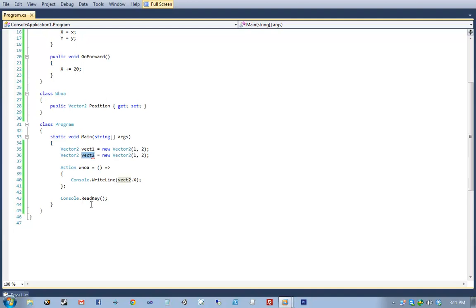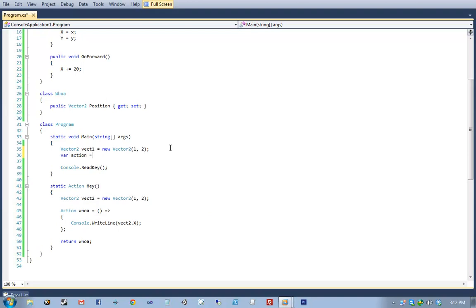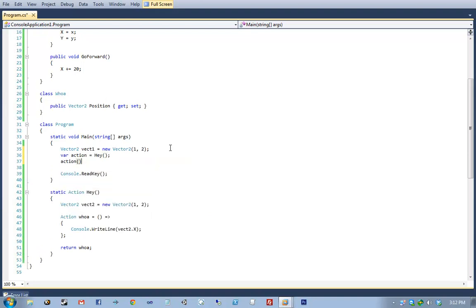Okay, well, let me actually clarify this question a little bit better here. Okay, now is it physically possible for vect2 to be placed on the stack?